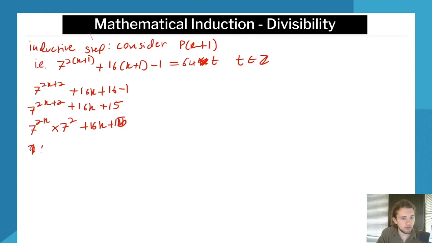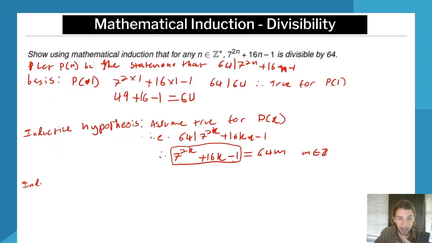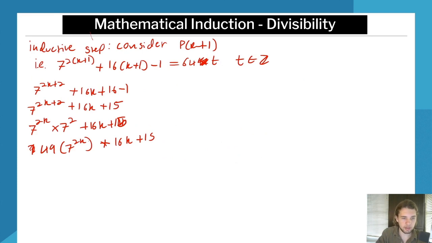Now that means we have 49 times 7 to the power of 2k plus 16k plus 15. So since I want to have this expression here as part of this expression, I'm going to look at the easiest way to do that. From my perspective, the easiest way is to get a 16k and a minus 1 inside these brackets here. How do I do that? Well,